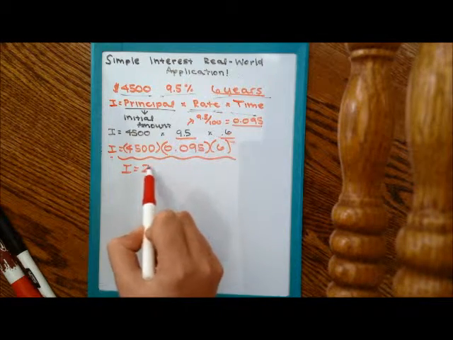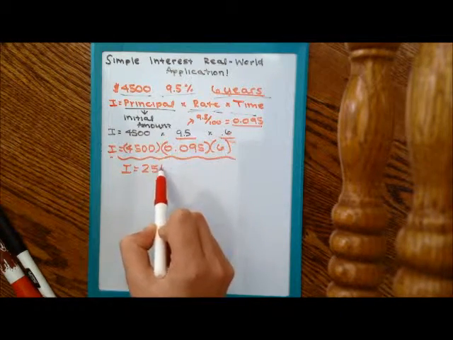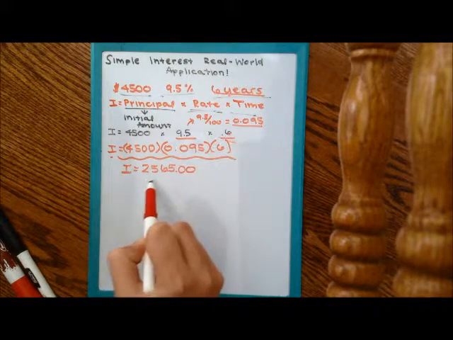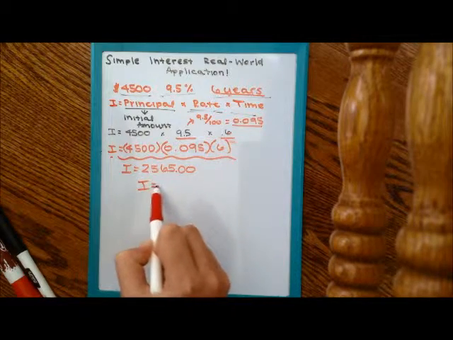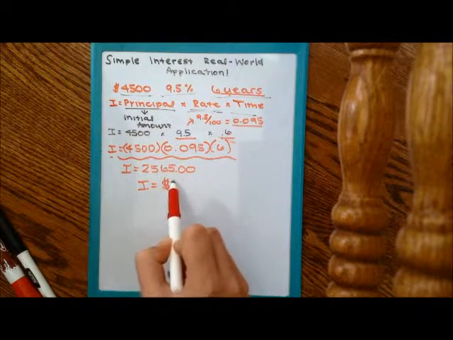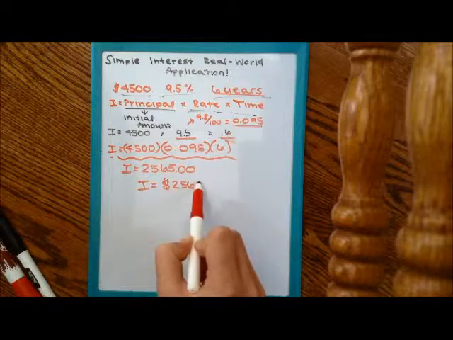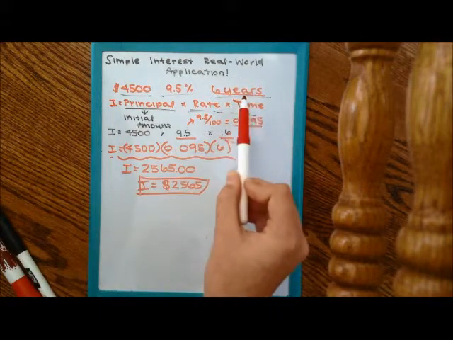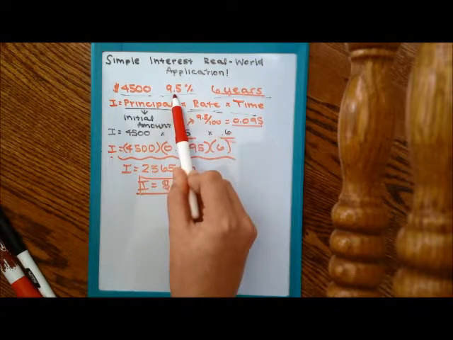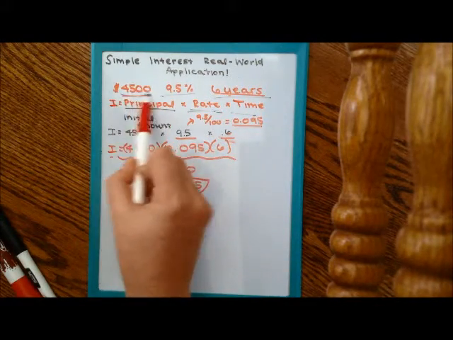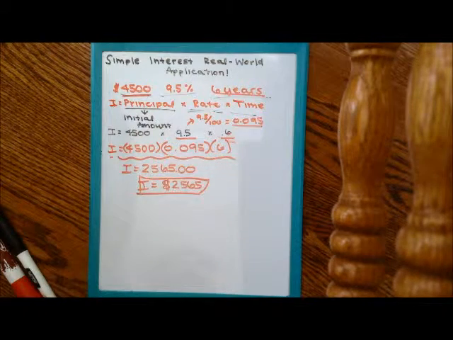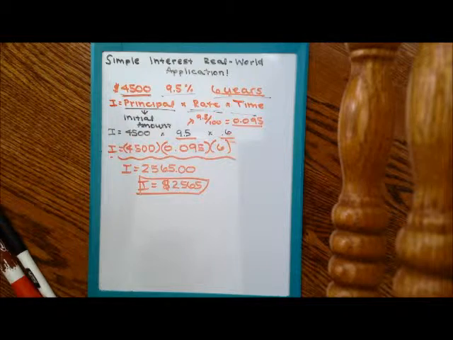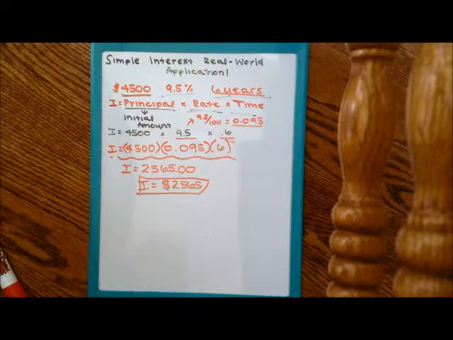So that's 2565, and obviously no cents. So our interest is 2565, and this is after 6 years with a 9.5% interest rate, and after putting the initial amount of $4,500 in. Then, if we want to find the total amount that would be taken out of the account,